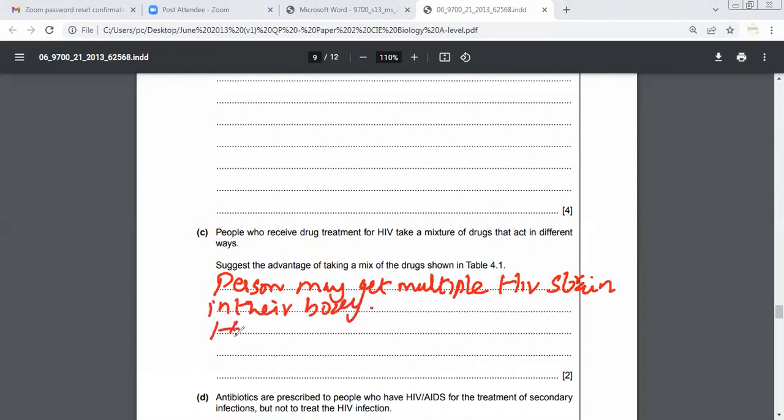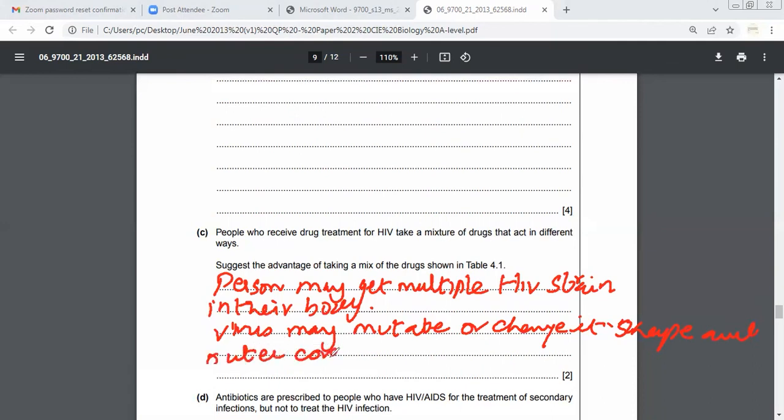or the virus may mutate or change its shape and outer covering coat for a specific drug. तो दूसरी जो कोई दूसरी ड्रग जो होगी जो मल्टीपल दी जा रही है उसमें से दूसरी वाली जो है वो अवेलेबल हो जाए। तो ये दो रीजन जो है